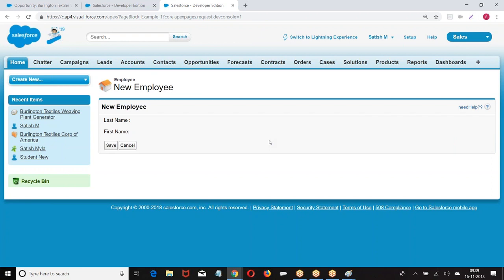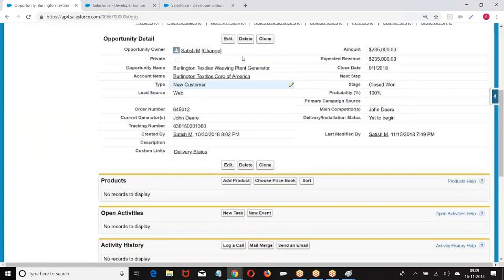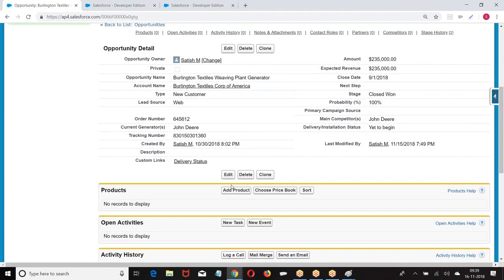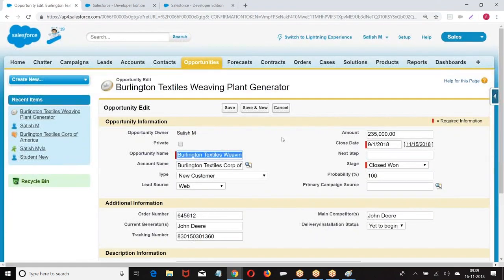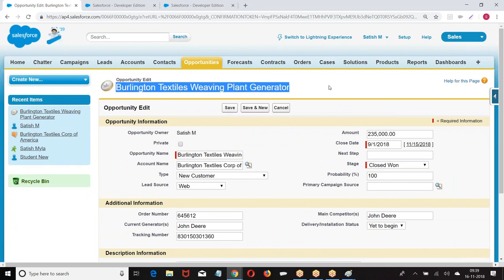Now the point is, I don't want these buttons in the body of the page. I want these buttons to be on the header, or at the footer. Look at this. Where are the buttons displayed? On the header, or else on the footer. Is it a section header, title, subtitle?